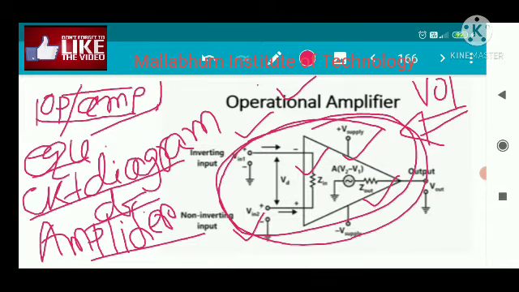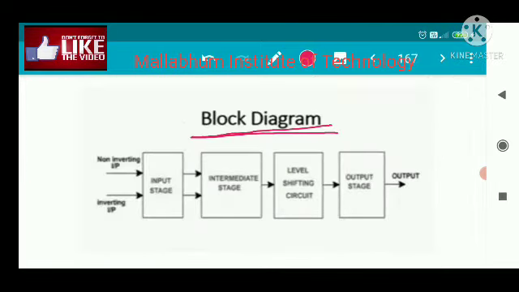Now if you want to know how the different components are interconnected inside the operational amplifier, and what different stages are employed, then you must understand this diagram. So this is the block diagram. Inside this block there is a lot of transistorized circuitry. Okay, so this is the input stage. The input stage is an amplifier, the first stage of amplification performed here.